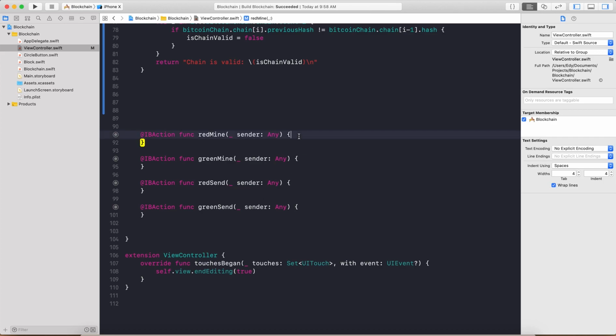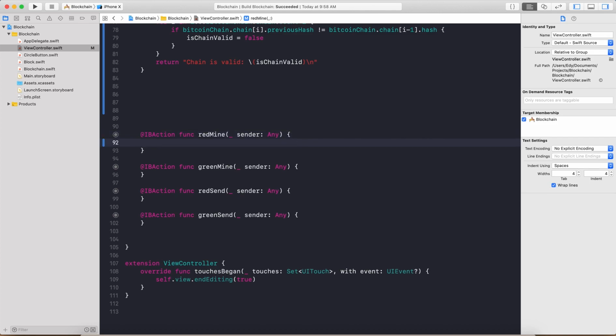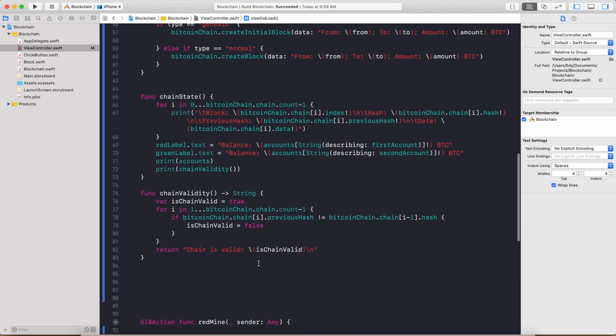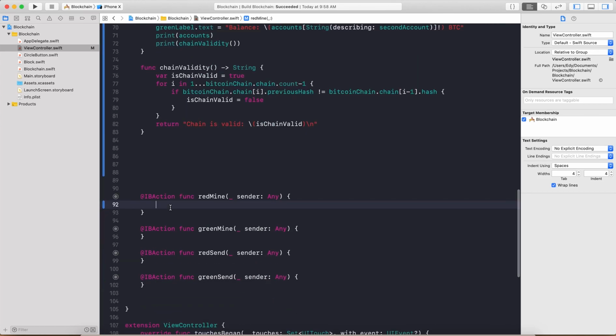How we're going to do this is, I'll copy the transaction function from here, then change the parameters. I don't want to rewrite it again. So from the first account it's sending 100 Bitcoin, and the type will be normal,